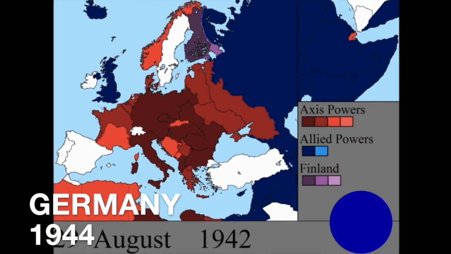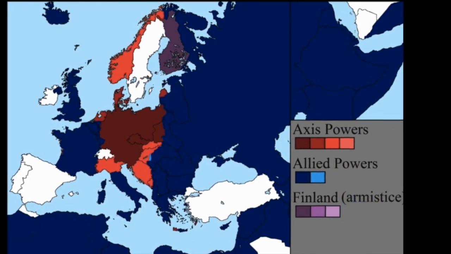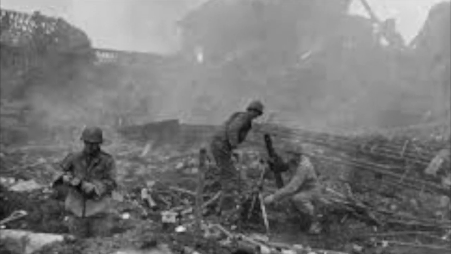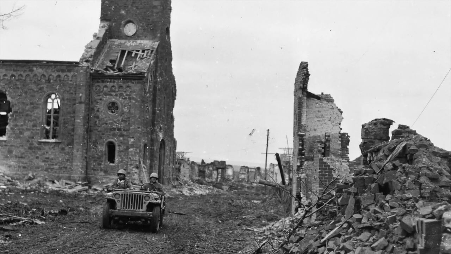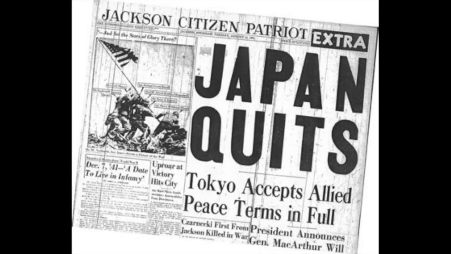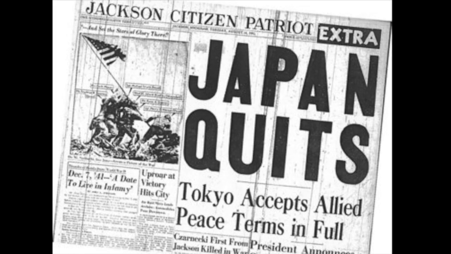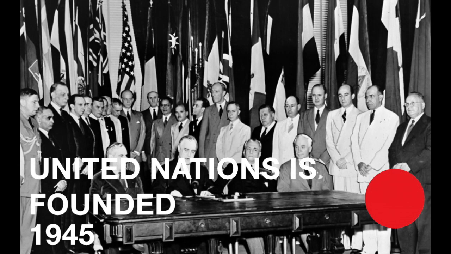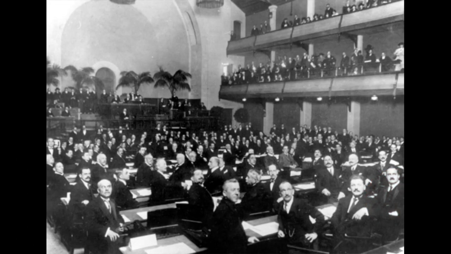After six years of continuous battles and with US intervention in the war, the Allied powers were capable of invading France and began to reconquer Europe. The tide turned on Germany, and the war ended in 1945 with the surrender of Germany and Japan in favor of the Allied powers. The United Nations is an organization that has the main goal of making the world a better place.